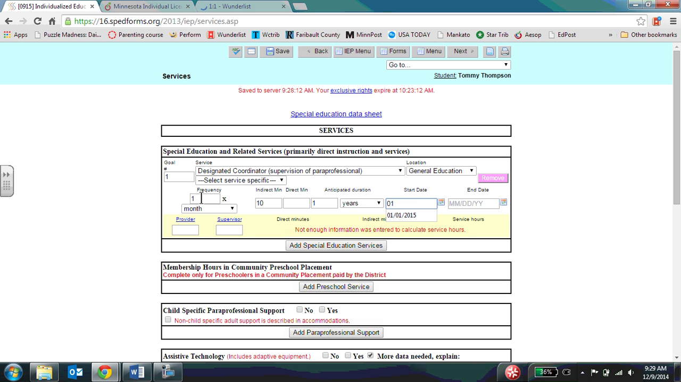We recommend that you have a minimum of 10 minutes per month of service. However, you certainly will have students where you do need more services, and maybe you even want to list 10 minutes per week or that type of thing. Think about how much time you're talking to the paraprofessional. Again, 10 minutes a month is really the minimum amount. Then this is a service that's provided by you, the special education teacher, and you would list the provider number